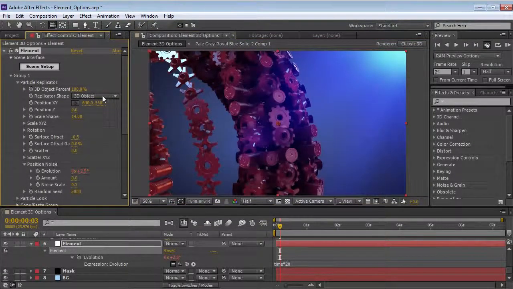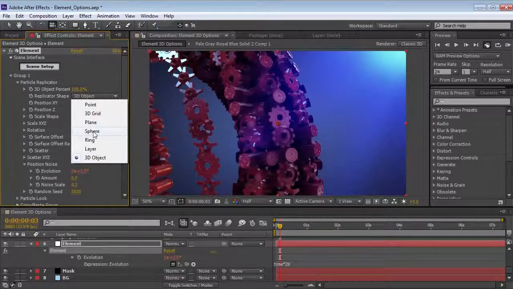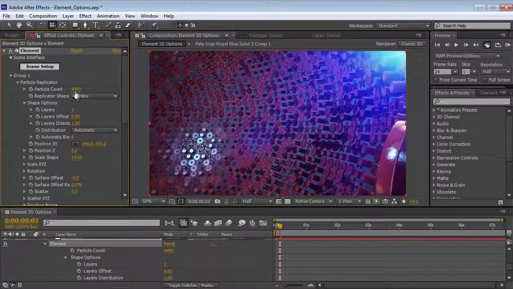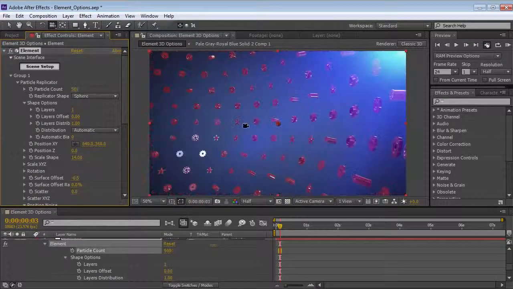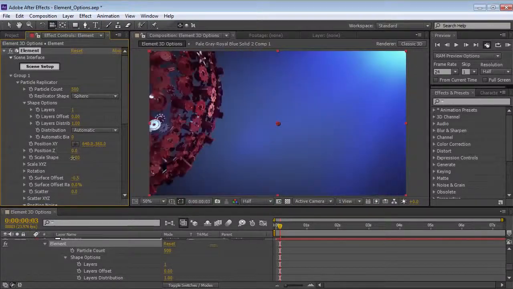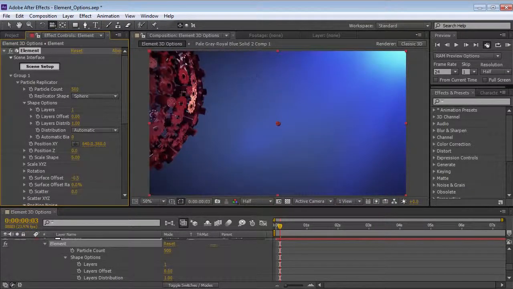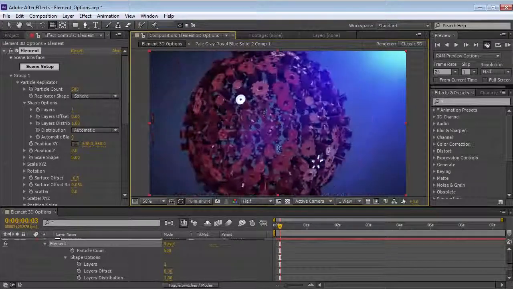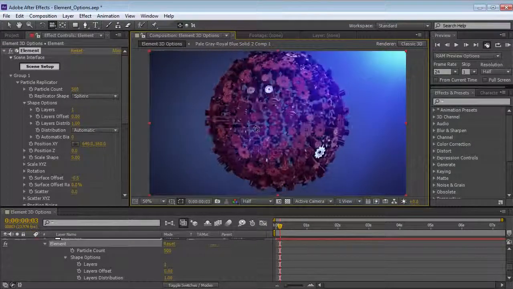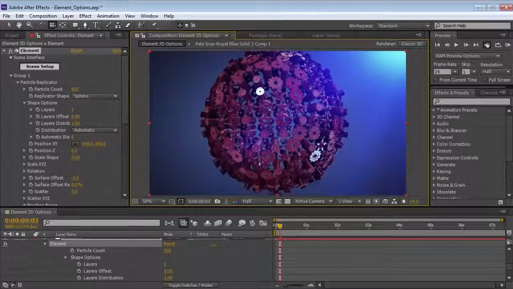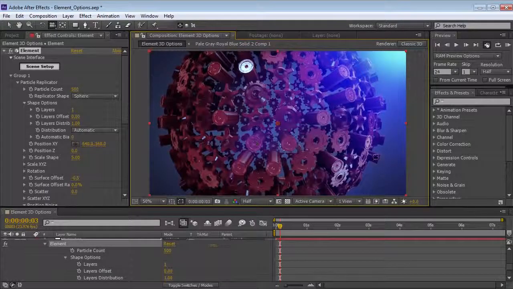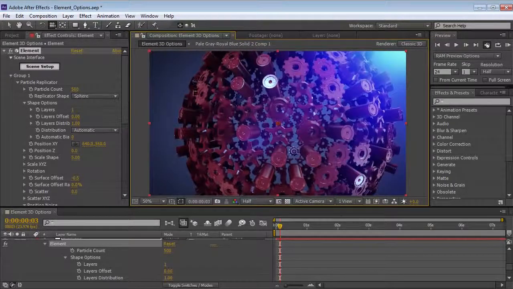Now, to make that a little bit more clear, I'm going to change the object type to a sphere. And I'm going to bring the count down to say 500 and the scale of this shape down as well. So sorry, the craziness had to end. And here we are back to a somewhat more reasonable object. Now, you can see that all of the particles or all the 3D objects are pointed away from the 3D